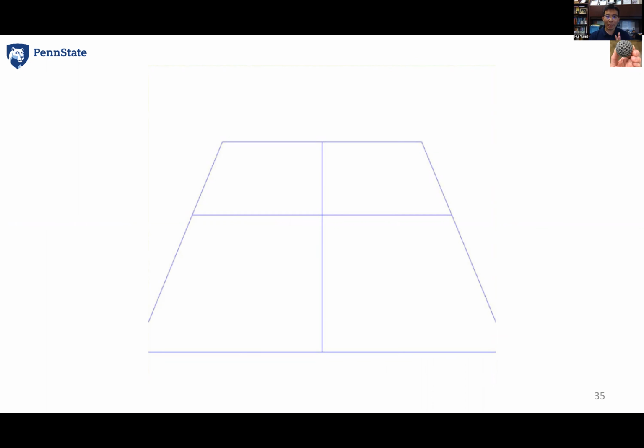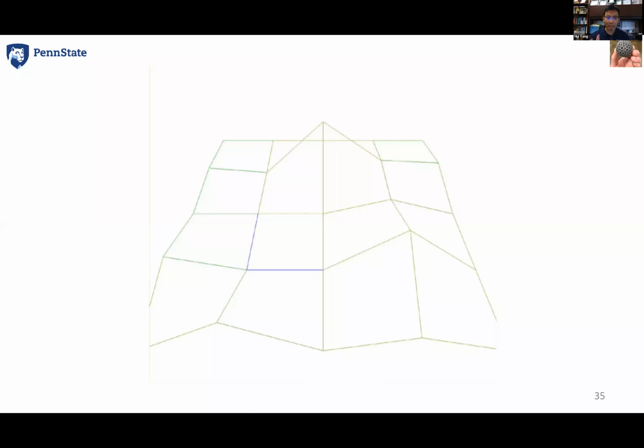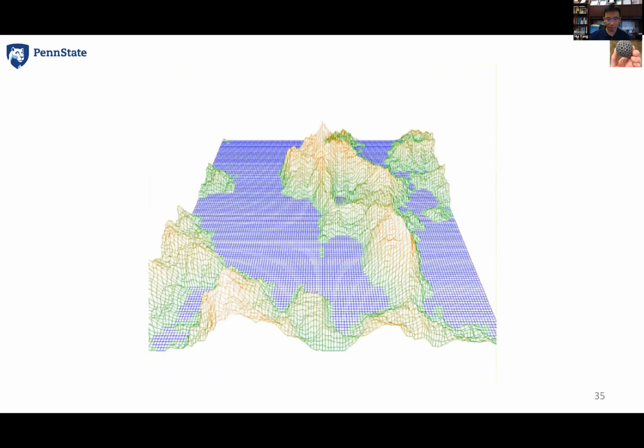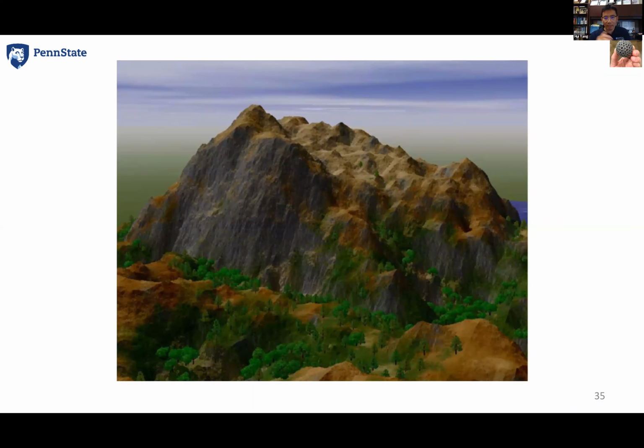Now I'm going to show you how fractals work. For example, you have a platform, right? Now you do the midpoint displacement. That means this is a midpoint, right? And then you also have a midpoint here. And now you're going to randomly displace the midpoint. If you randomly displace the midpoint, you will be able to see another structure here. And if you iteratively do it again at another scale, you will get a different geometry. And if you do it again, you get a different geometry. And this is the final mountain you may get.